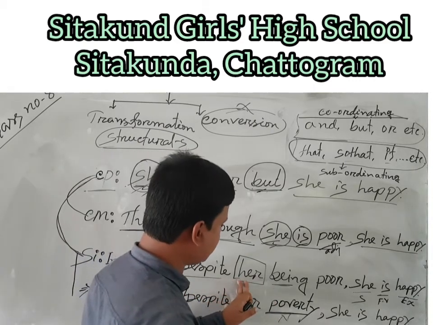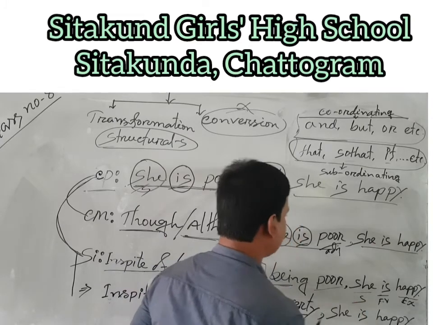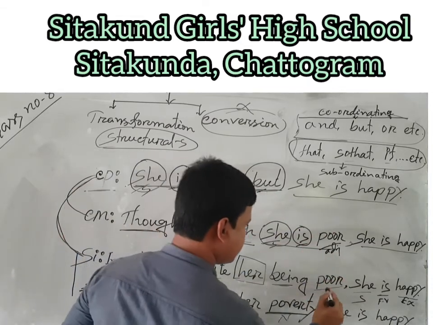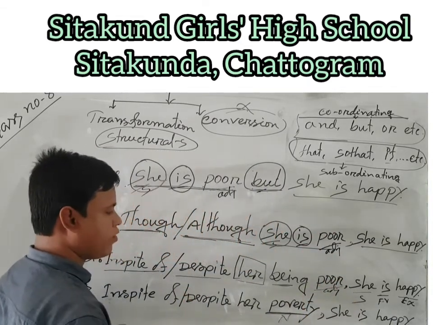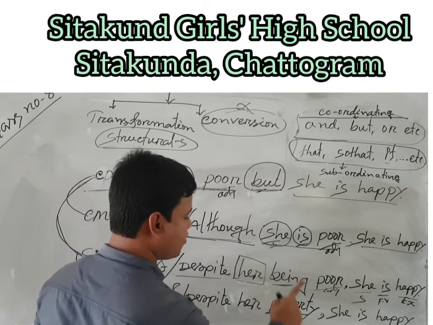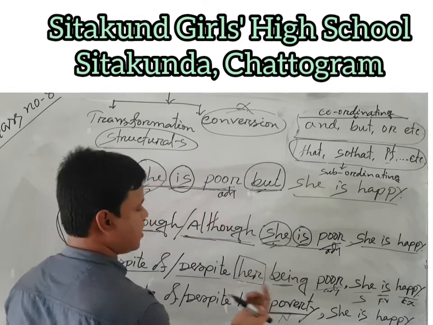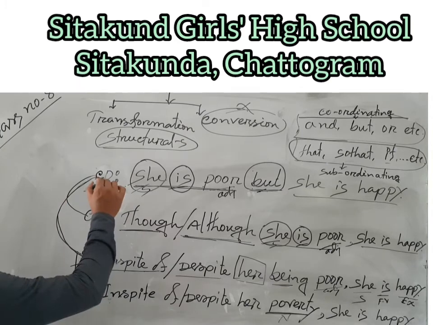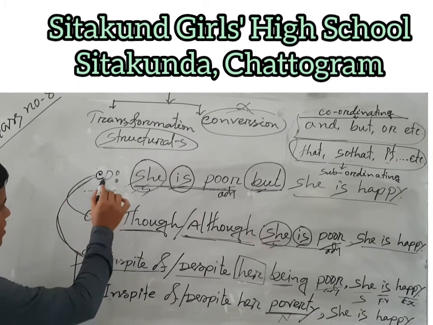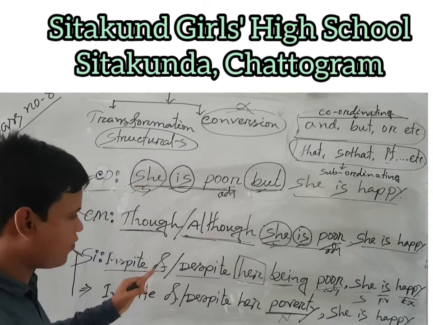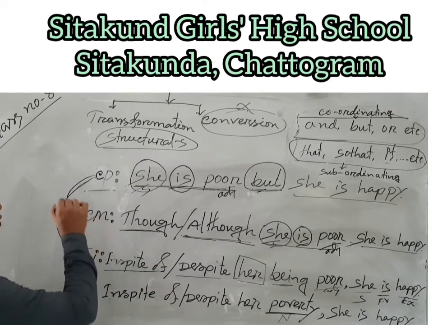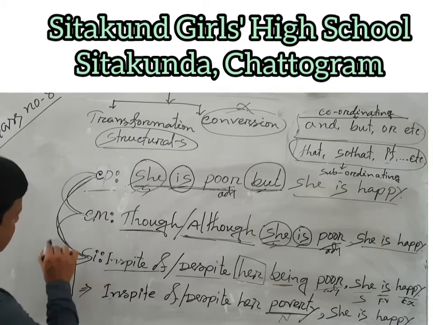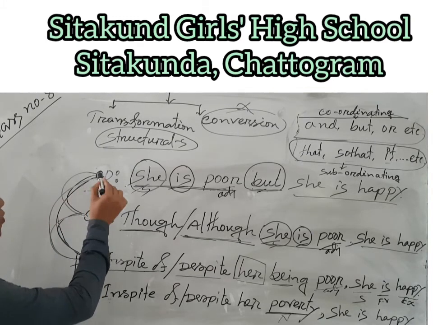One is with present participle and the other is without using present participle. If we use present participle, then we have to use the word that is in the compound and complex without any change. But when we do not use present participle, then the word will be a noun. Adjective will be noun. Dear students, look at the whiteboard carefully. Compound will be complex and compound will be simple in this way. Like that, complex sentence will be compound and complex will be simple. In this way, simple will be complex and simple will be compound.